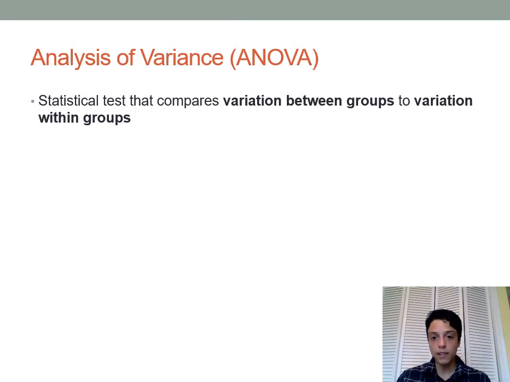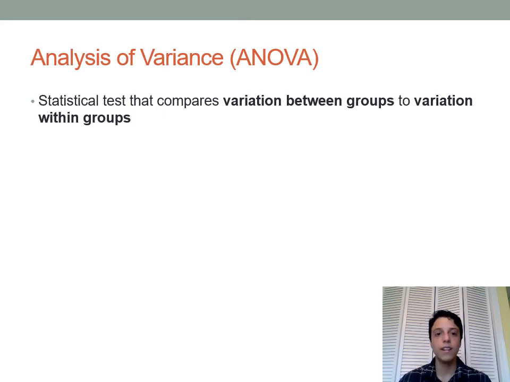Variation within groups, on the other hand, refers to, within each sample that you take, how different the observations are from each other. And so here you want to think more about standard deviation. For example, if you've got your rural, urban, and suburban samples, maybe in your rural sample everybody kind of answers the same way, but in your urban sample you have some people who perceive the police as really fair and some people who perceive the police as really unfair, and there's just more variation,